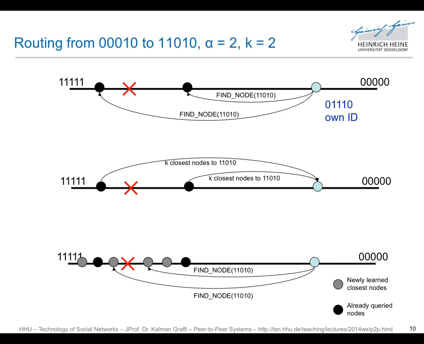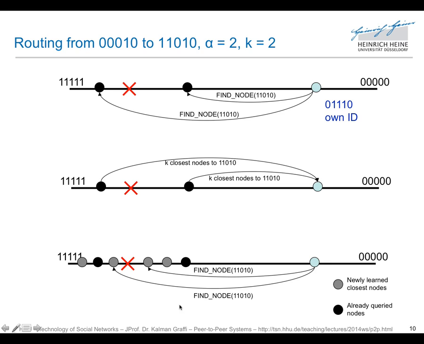Why is this good? On the one side, you learn more about the network, what kind of nodes they are. Then you can put them into your routing table. Also, you can decide out of these alpha many replies, and each of them tells you k new nodes. So that's alpha times k. That's quite a lot of nodes. Which are the best nodes I could contact next? So in this case, alpha is 2 and k is 2, and then you get 4 new nodes that you learn about,